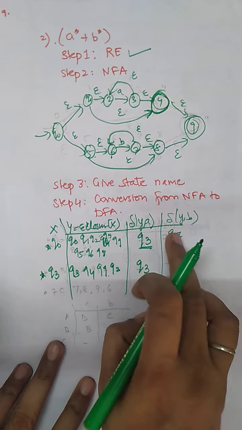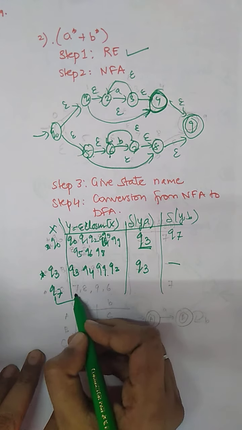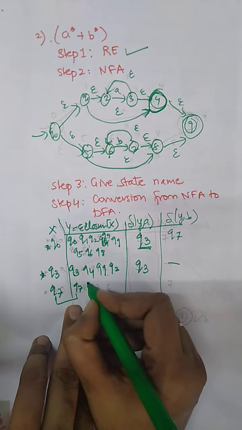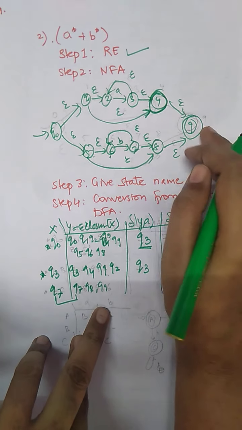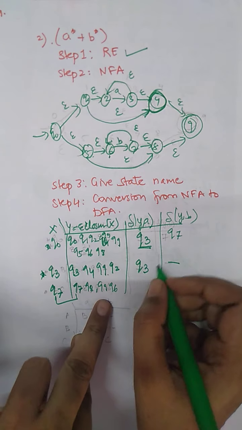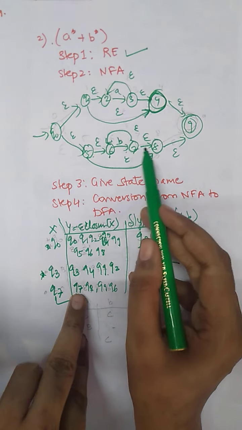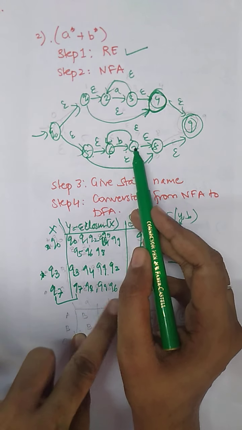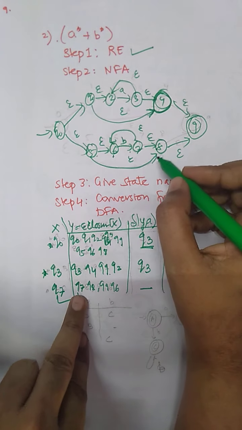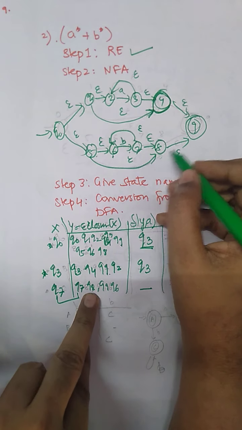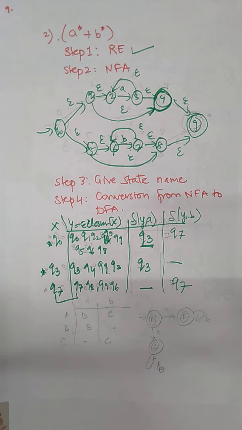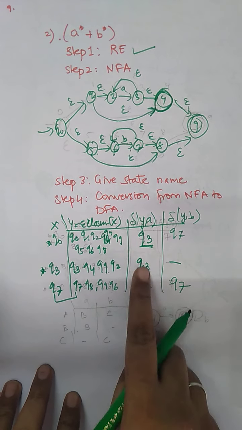Now the next state that we have to consider is Q7. As a rule, Q7 will be included in the epsilon closure. From Q7 it goes to Q8, from Q8 to Q9. From Q7 it is going to Q6 also. This will become Y. Now Y on A: Q7 on A nothing, Q8 on A nothing, Q9 on A nothing, Q6 on A nothing. Now Y on B: Q7 on B nothing, Q8 on B nothing, Q9 on B nothing, Q6 on B is going to Q7. So we got Q3 and Q7 as reachable states that we had already considered.